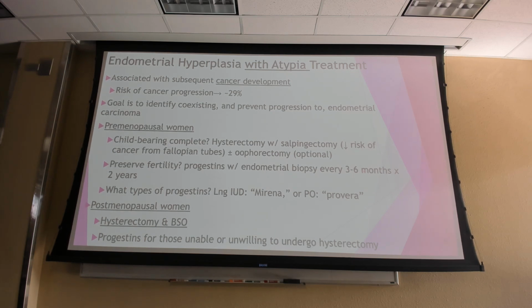Even though you remove the uterus, those cells unfortunately still hang out. And so they want to reduce the risk of having any reproductive cancer, so they take that. Okay. If someone cannot undergo a hysterectomy or they're unwilling, then we've got the progesterone therapy, or the oral or levonorgestrel